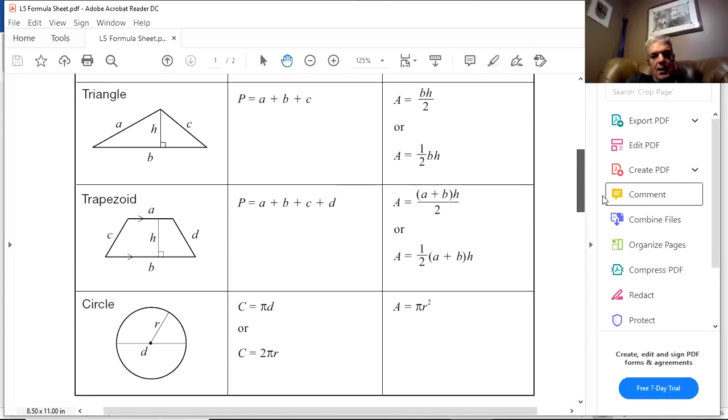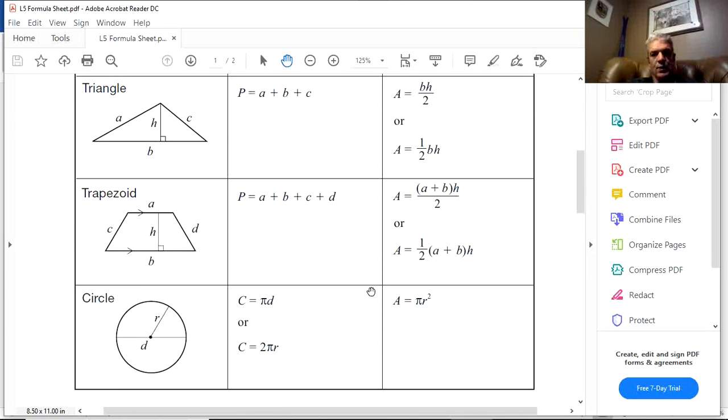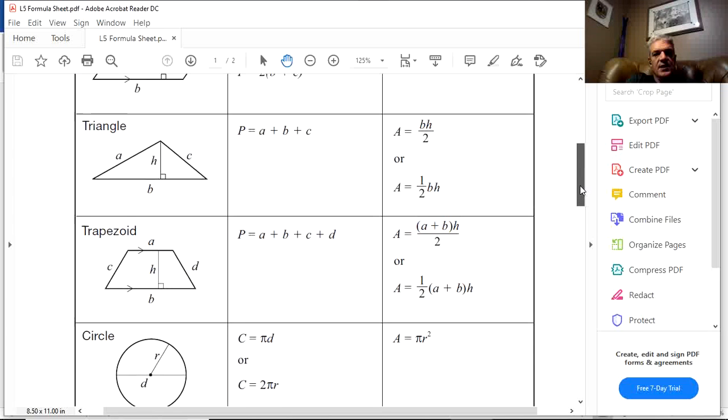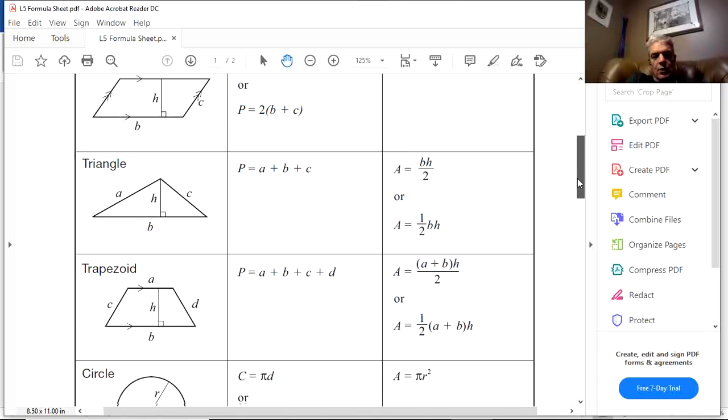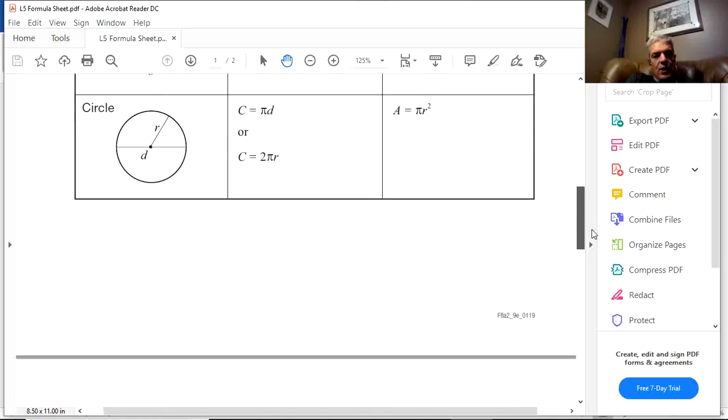And one of the things I didn't really put a lot of focus on is that the area of a circle is pi r squared. But all these formulas are listed here. Probably you've seen most of these in your past education in elementary school. But when we get into secondary school, we also look at these